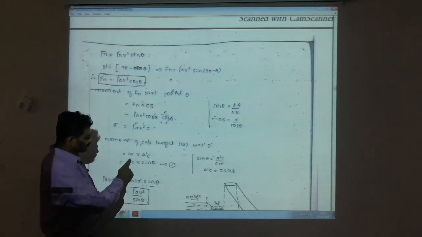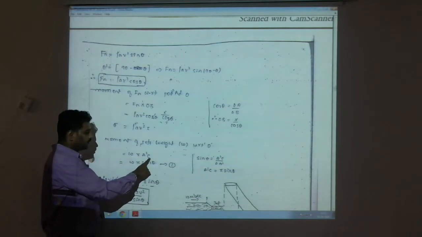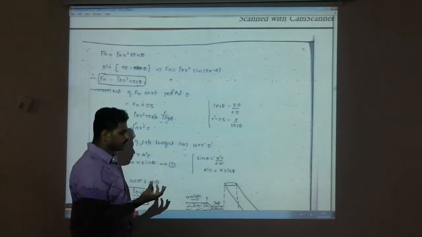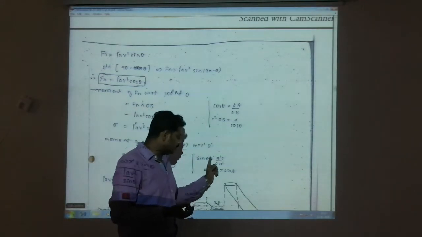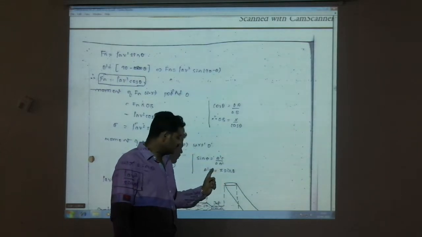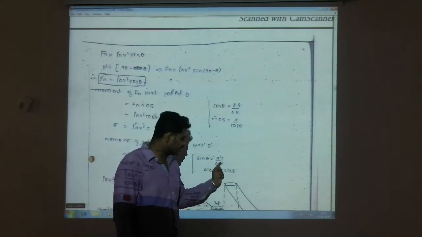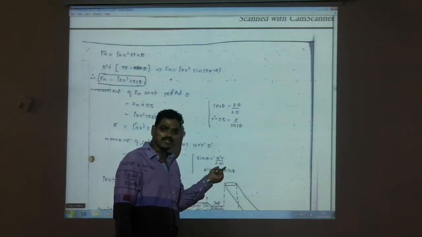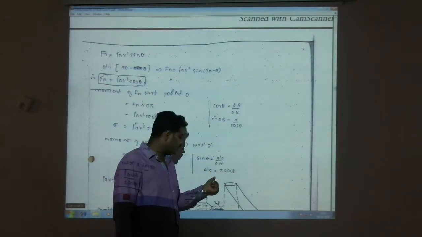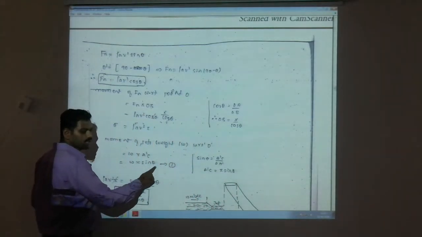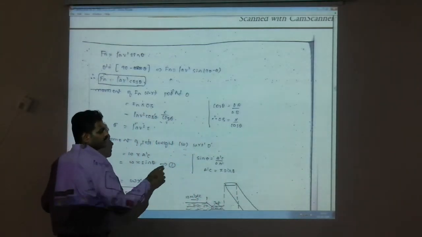Again that is W into A dash C. So A dash C is the distance through which the self weight of the plate has moved. So sin theta, we know, is opposite by hypotenuse, that is A dash C by OA dash. Then to find A dash C, it is OA dash into sin theta. OA dash is nothing but x. So x into sin theta. So just substitute, W into x into sin theta. Call this equation 2.